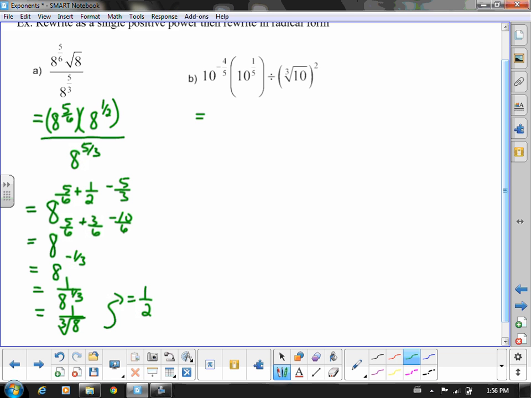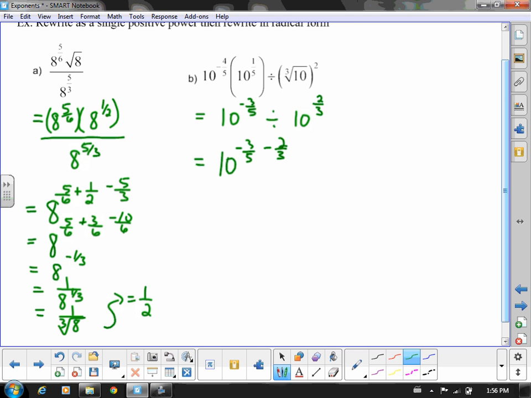In this example, I'm multiplying that 10 to the negative 4 times 10 to the 1 over 5. So I'm actually going to go ahead and turn that into one base. So that's going to give me 10 to the negative 3 over 5 divided by, this is 10 to the power of 2 over 3. So I turned it into that fraction form so that I could evaluate. Next, because it's division,